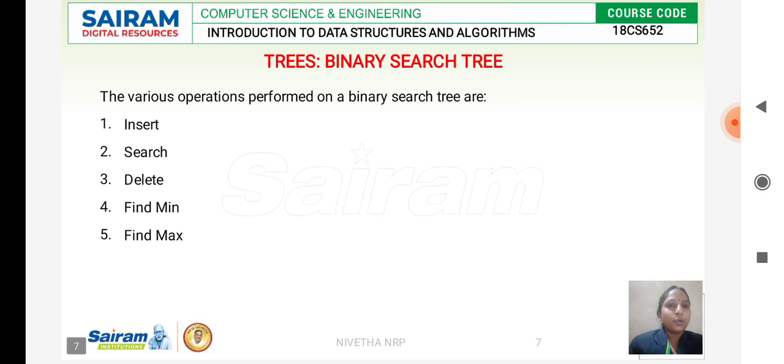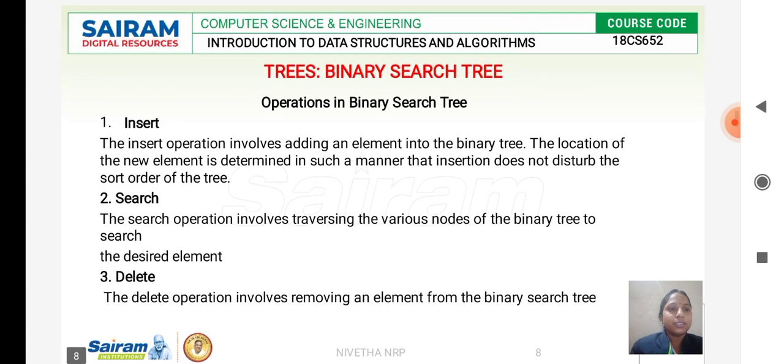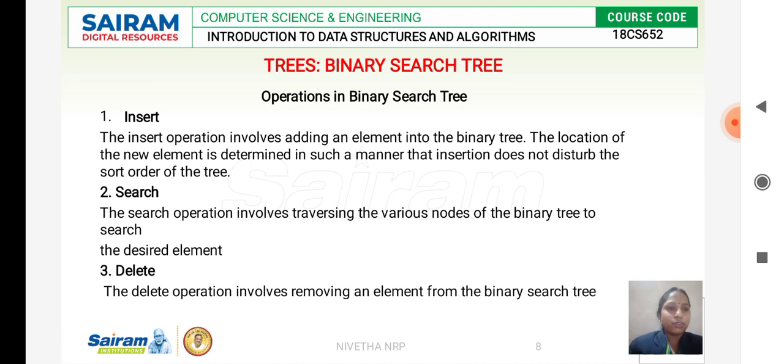We'll see what are all the operations we have in a binary search tree. We have insert operation, search operation, delete operation, find min operation, and find max operation, and we'll discuss them one by one. Insertion is nothing but inserting an element in a binary search tree.